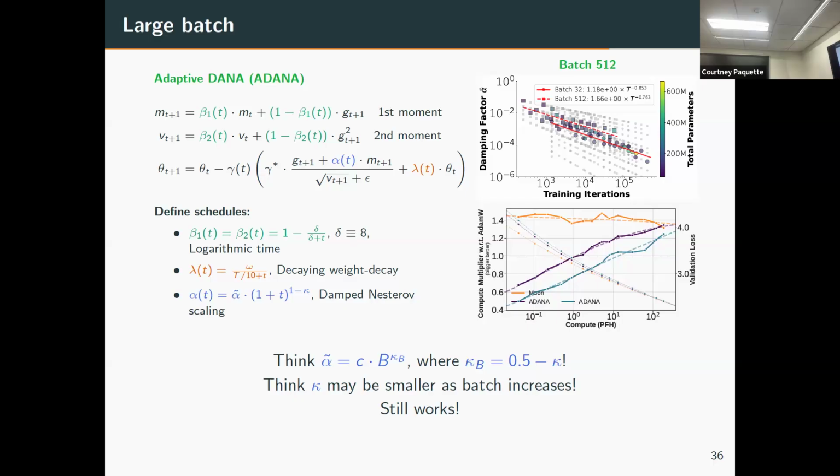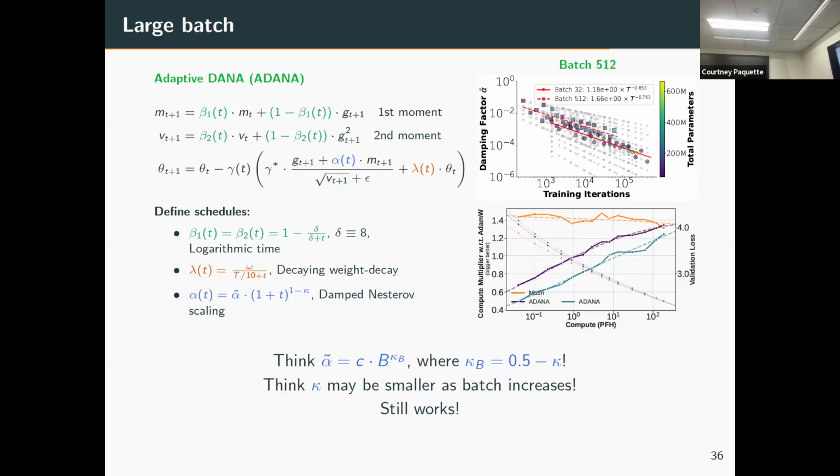But if there's a question about how batch affects everything, if you believe in the gradient noise view of the world, that this constant is really from the gradient noise, it shouldn't disappear as you increase batch, but you do need to adjust your alpha quantity a little bit. Why was I doing 0.5 minus kappa? The kappa is coming because there's a batch here, so it pulls out. That's where you get the 0.5 has to do with Atom scaling batch, which is off by 0.5. So we were doing that.